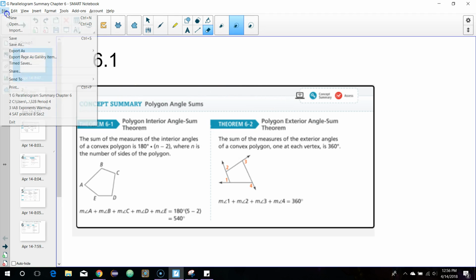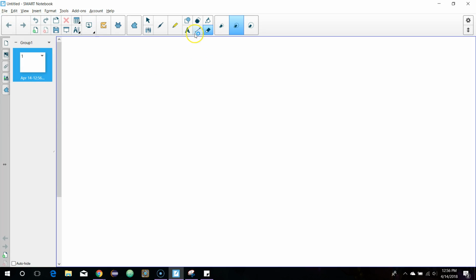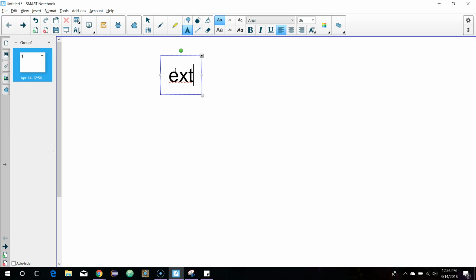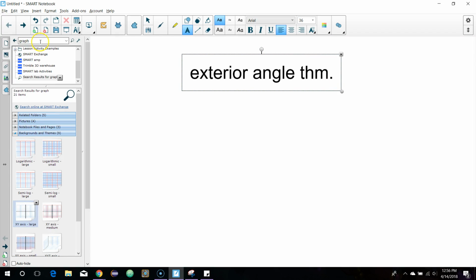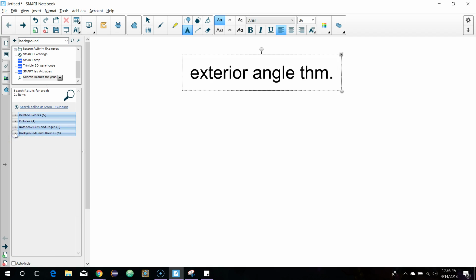I want a new one. I don't want to stay with this. Okay, exterior angle theorem. Should I change the background? Graph. So let's change the background